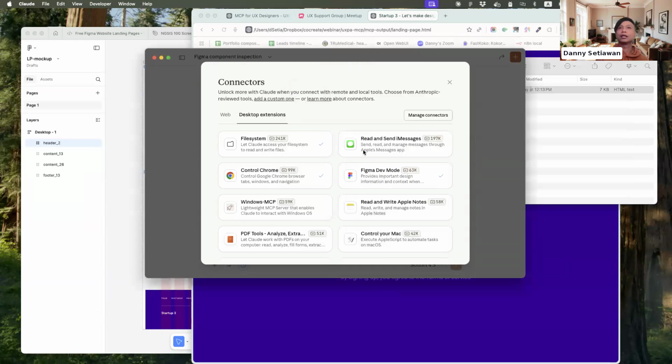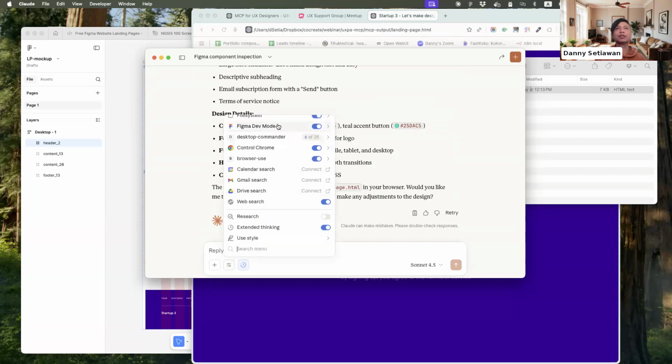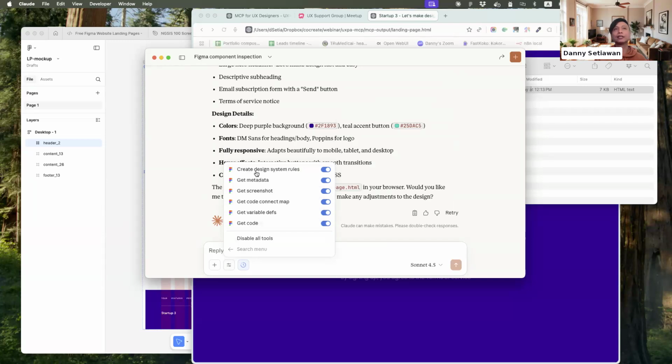For the Figma dev mode, I think it's pretty straightforward. You just turn on everything, so essentially it has a bunch of tools under that. Under the hood it's basically connecting to a bunch of APIs, but this is making it easy. MCP makes it easy for the LLM, particularly, to actually work with a bunch of APIs by connecting once, essentially. So I'm going to show you what that looks like here under Figma dev mode. If you go in here, you see these are the different tools. You don't have to turn on everything, but for what we're doing, most of the time, there's no need to actually